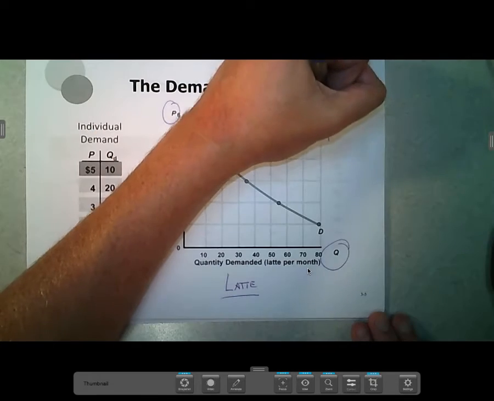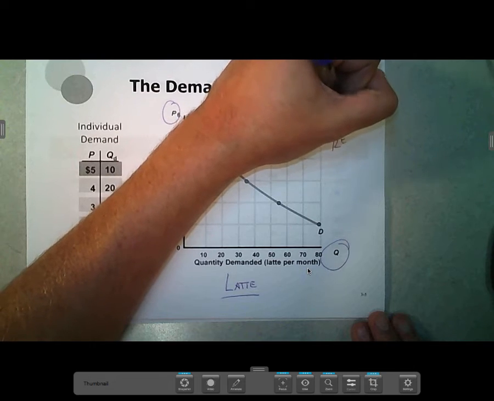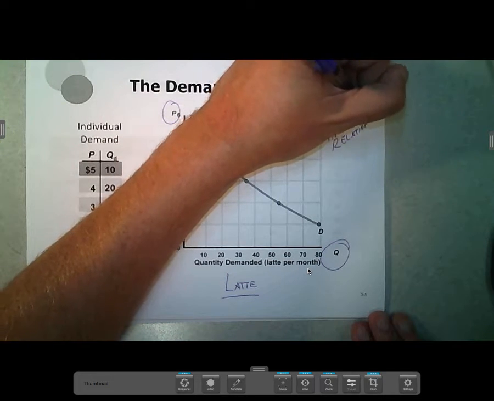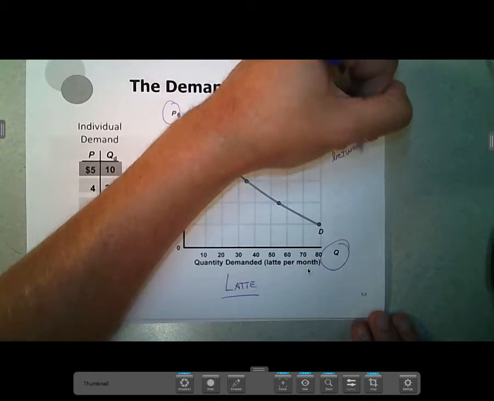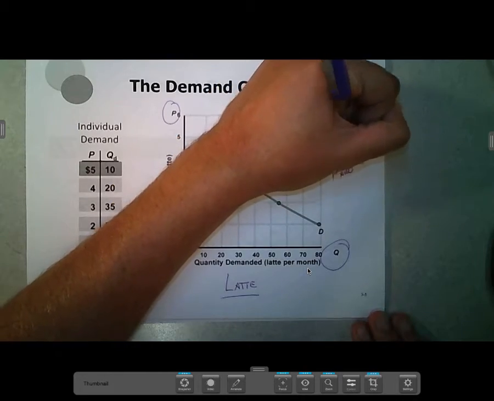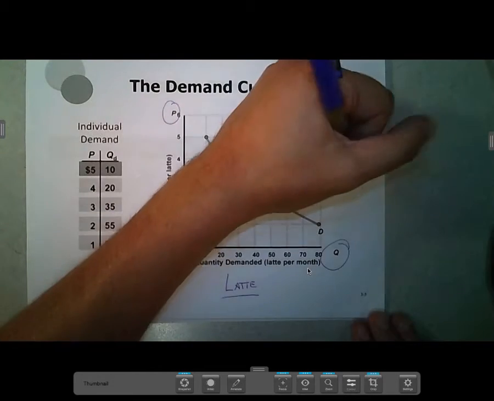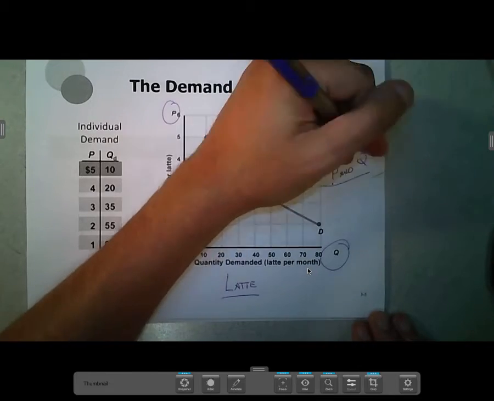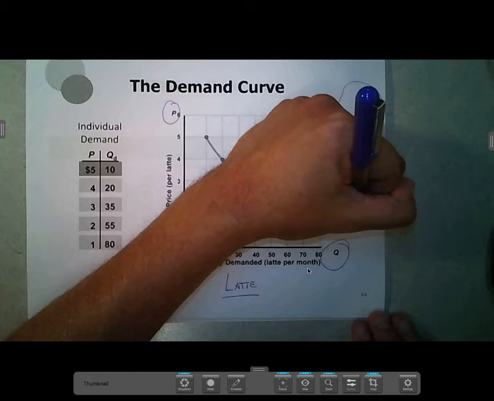And what you're seeing here is that inverse relationship between price and quantity. And in that inverse relationship between price and quantity, the shorthand for this being the law of demand, what we just talked about on the previous slide,